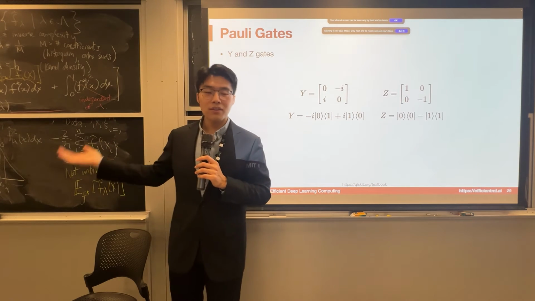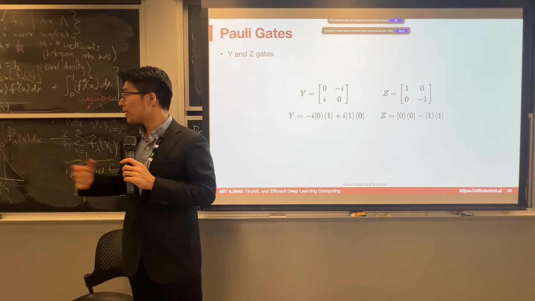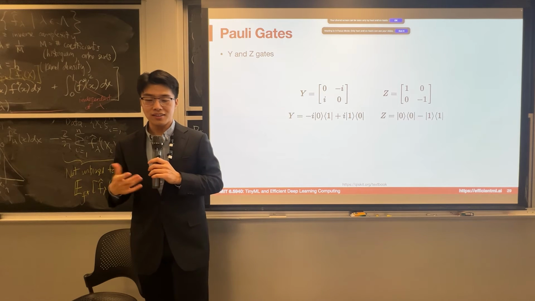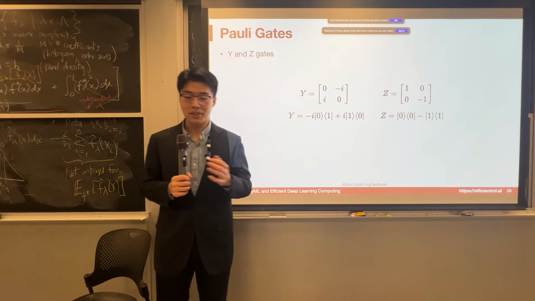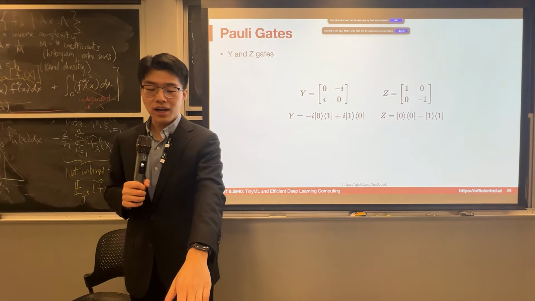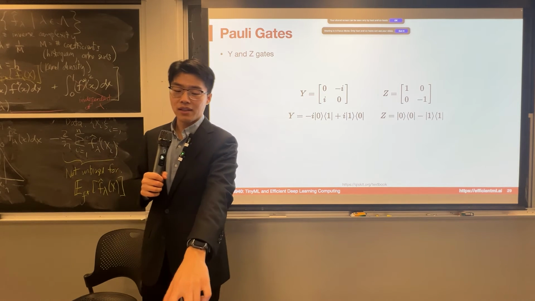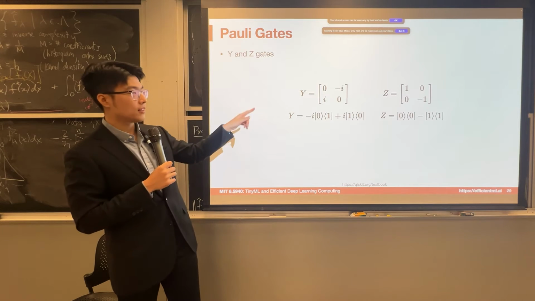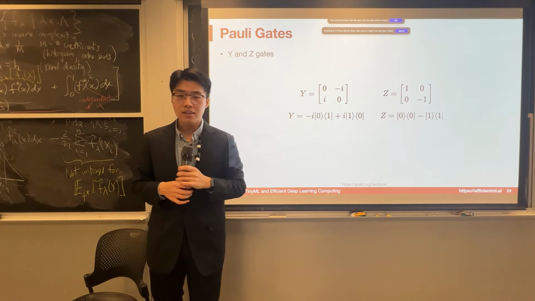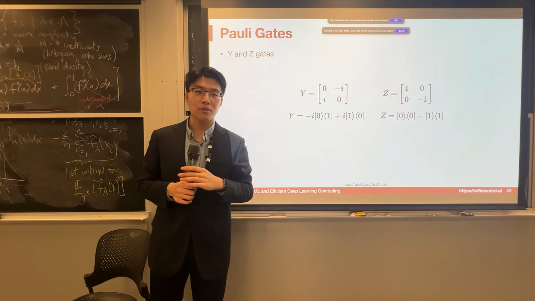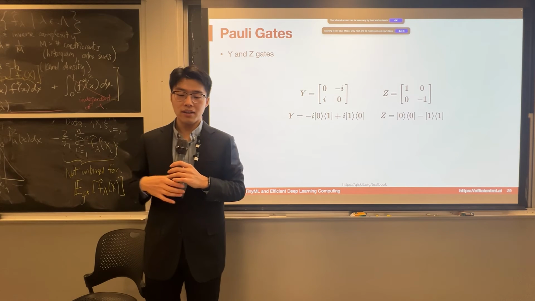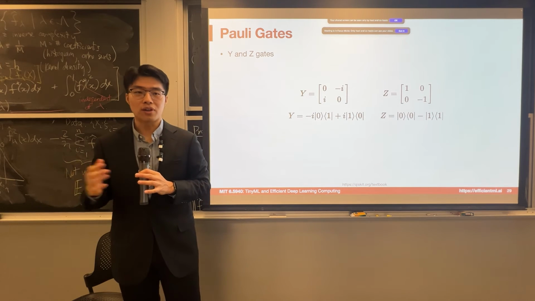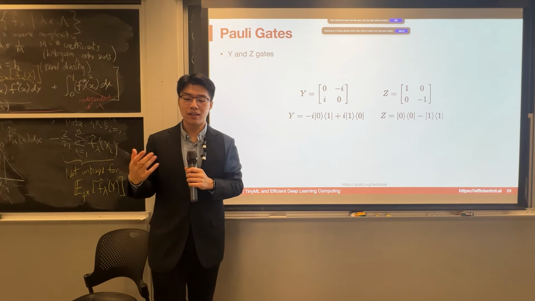We also have some other very strange gates, maybe not very common in classical computation. That is the Y gate and also the Z gate. So what are their representations? Like the Y gate here, we have 0, minus i, i, and 0, right? And the Z gate here, we have 1, 0, and 0, minus 1. So the X gate, Y gate and Z gate are the Pauli gates, right? The Pauli gates can construct the basis for all the gates we may have.